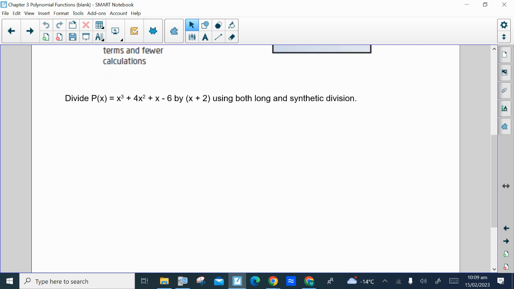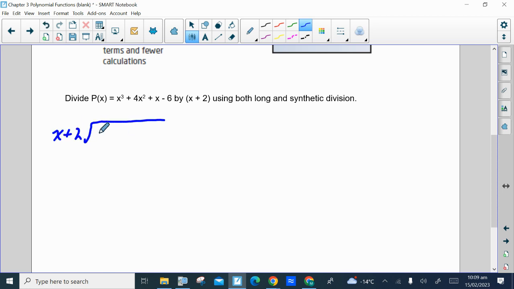So let's start by doing this division first by long division, and then we'll make some connections to see how synthetic division works. So x plus 2 is being divided into that polynomial. A quick check, we see that it's in the right order, meaning descending order of power, and there are no terms missing. Remember, if there's any terms missing, if there was an x squared missing, we'd have to include that with the